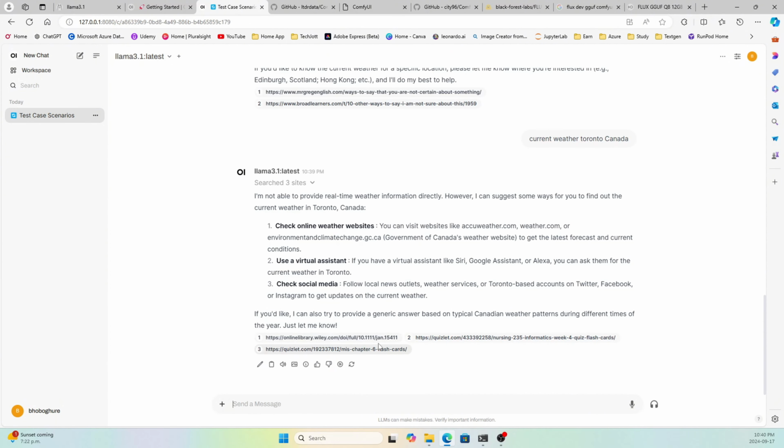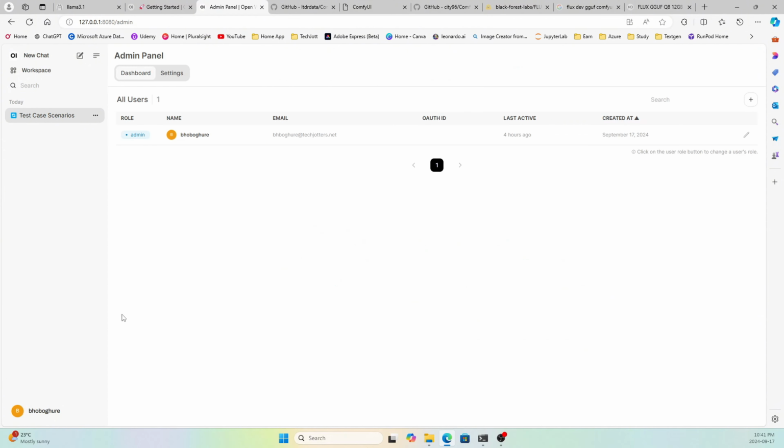It is giving me the options to check the websites. And another option is, if you click more and if you click upload files, you can search with, search your PDF. And now the last one I want to show you is, if you go admin panel, and